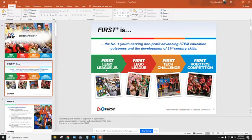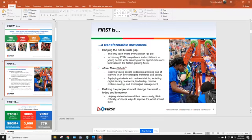First Robotics. The question is, what is it? It is the number one youth-serving nonprofit advanced STEM education in the country, and it prepares kids for the 21st century. It brings them STEM skills, more than just building robots, but helping them create and use their imaginations to build